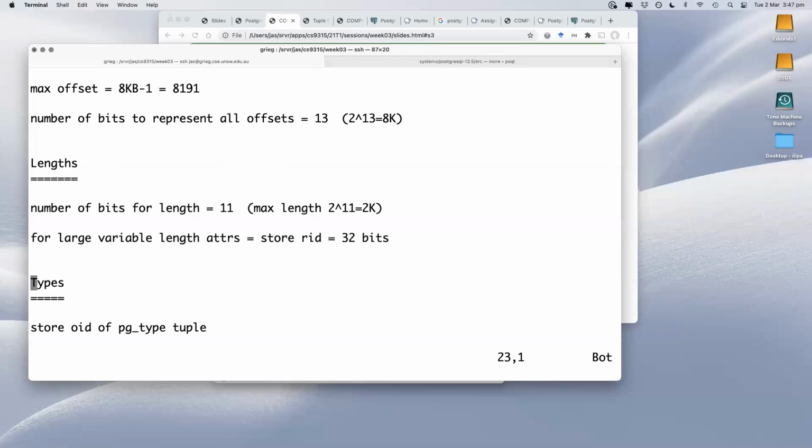That's 24 bits. 2 to the power 17 is 128K. Yeah, so we got 24 bits here. Oh, that's nice. That's 3 bytes plus